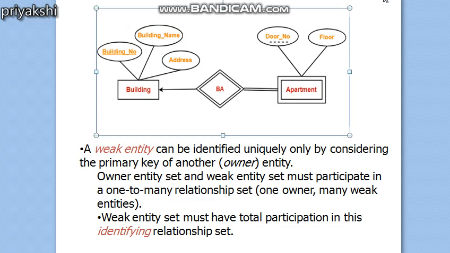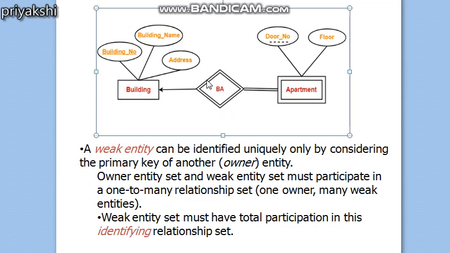Another important thing in the case of a weak entity is that the weak entity set must have total participation in the identifying relationship set. From this side you can see that the participation is total from the weak entity side, but from the strong entity side it is always partial participation. But the weak entity set must have total participation in the identifying relationship set. So why is it called identifying? Because